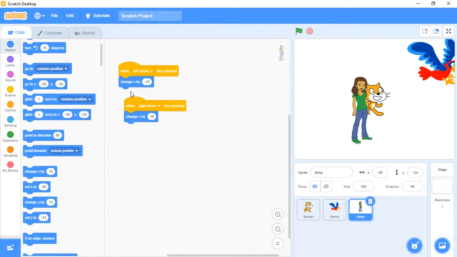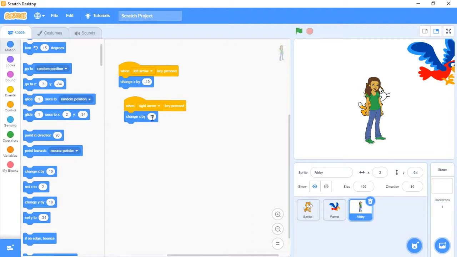If you press the right arrow, it will go to the positive direction. As I told, x coordinates: minus means left side, positive means plus. Default will be the positive. If we change it to the negative, it will move towards the left side. If you want to change towards the positive direction, give the plus symbol.